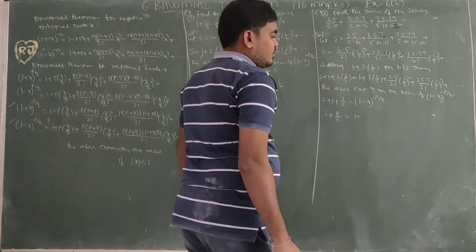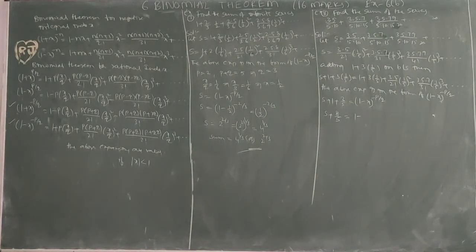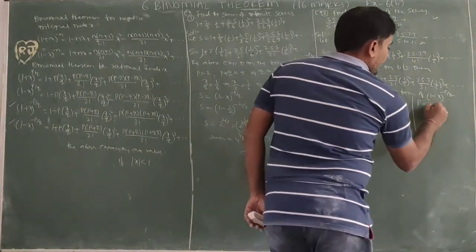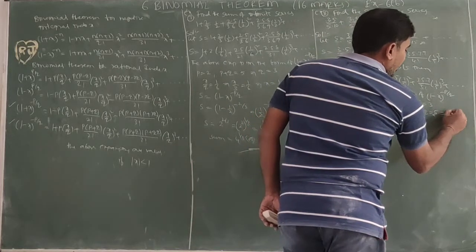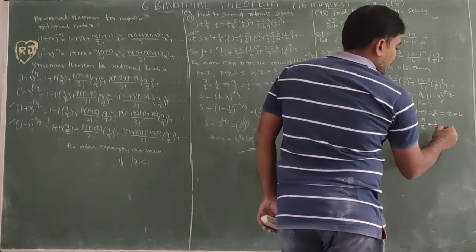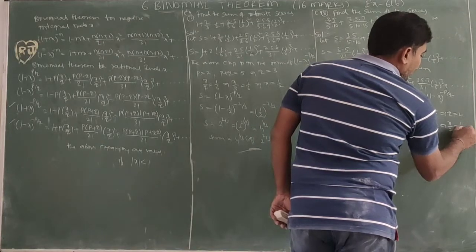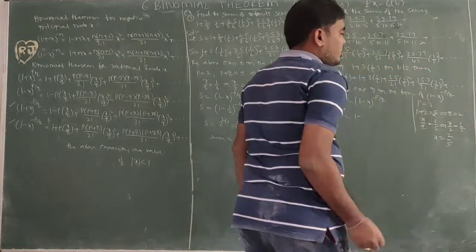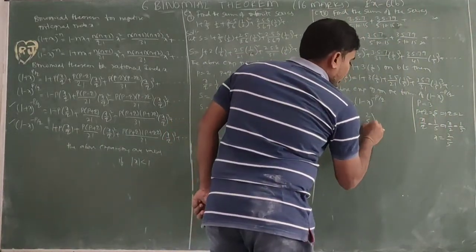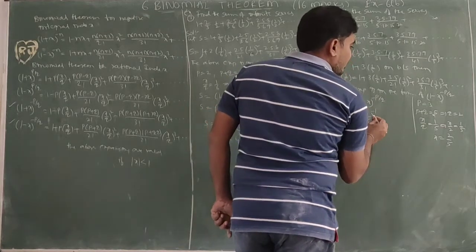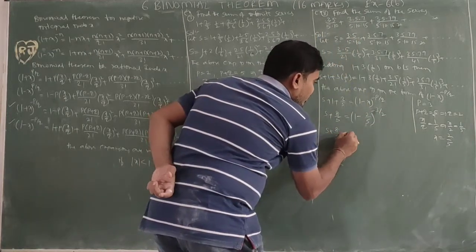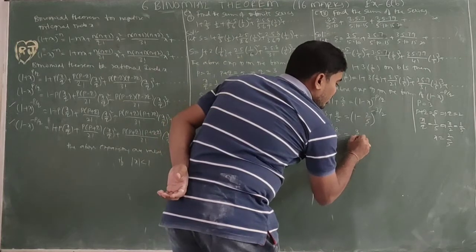So actually we need to compare p, q like that. So p equal to 3, p plus q equal to 5, q equal to 2. x by q equal to, within the bracket, 1 by 5. Q value 2, x by 2 equal to 1 by 5, x equal to 2 by 5. So we need to write actually this one in the middle: (1 minus 2 by 5) whole power minus p by q, minus 3 by 2. So S plus 8 by 5 equal to (3 by 5) whole power minus 3 by 2.